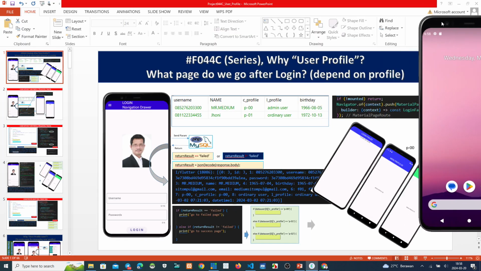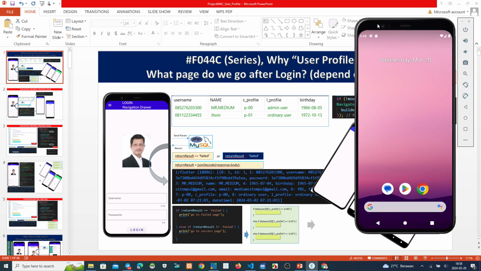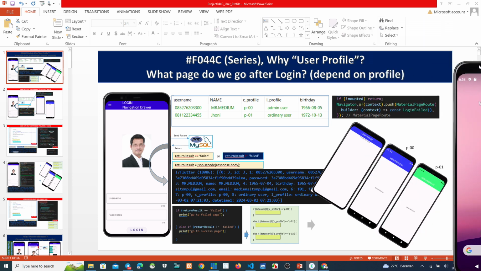Okay, this one same with the previous project. Yeah, this is after we send the file to the backend from this front end. So run the script on the backend, and the result will return back to the Flutter. This is the return back, and then we make analyze about the C profile.